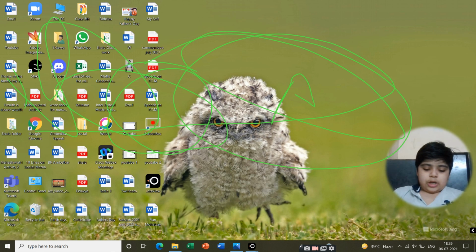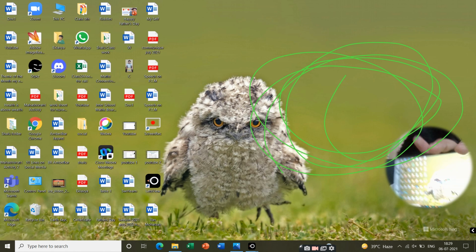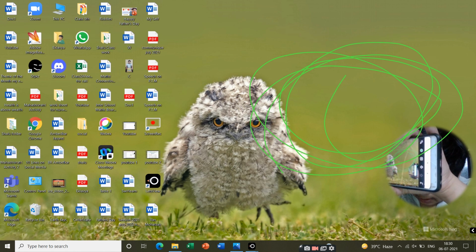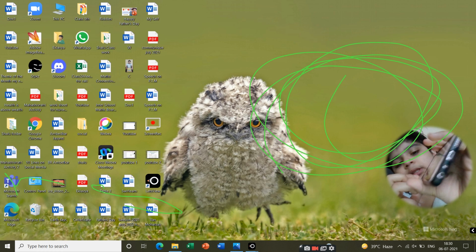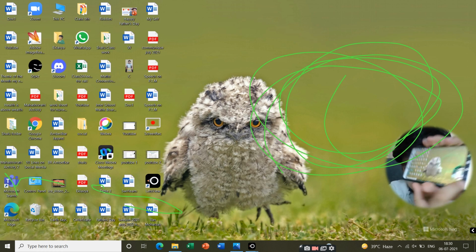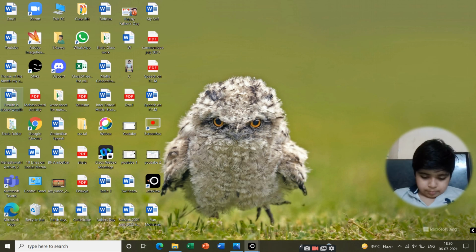Like I can also draw a star. I am not good at drawing. And I can also remove it easily like this. I will draw things. Then see, I have drawn it. So when I am done, there is an option of exit. Where is that? Here. I can click on it. The paintbrush will be gone.